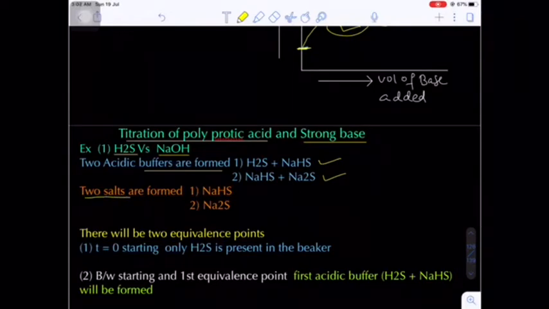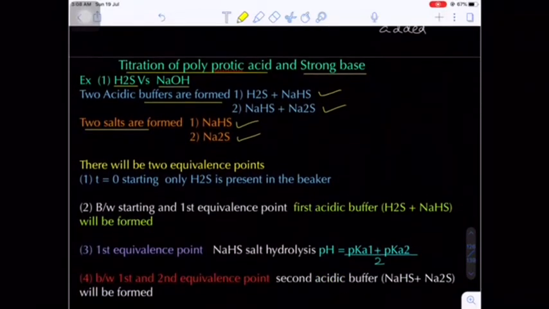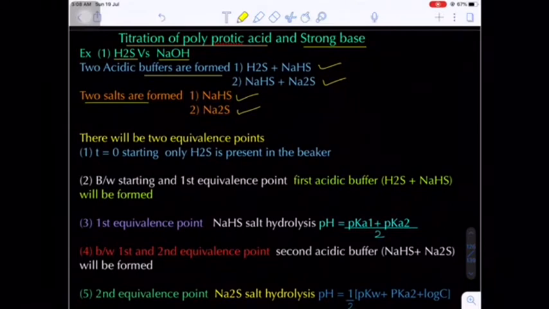So this is the first buffer, this will be the second buffer. H2S plus NaHS is the first buffer, NaHS plus Na2S is the second buffer, and simultaneously 2 salts will be formed in the solution, NaHS and Na2S. Okay, now in the beginning I told you in any acid base titration there are 4 stages,